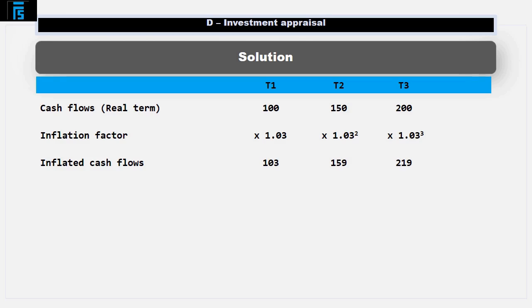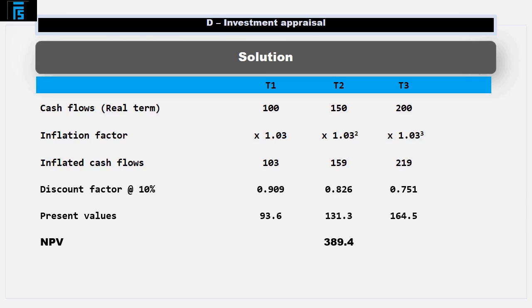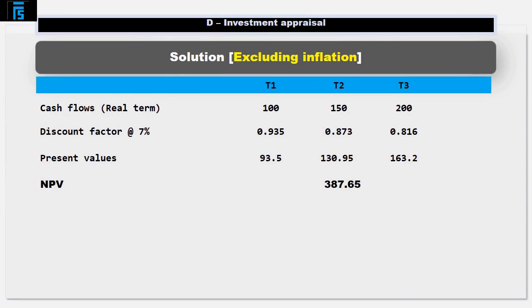10.21% is pretty close to 10%, so let's use 10%. That gets us close enough to the answer, and we can use tables. We discount the inflated cash flows at the inflated discount rate of 10% to give us our present value like this. Just to prove the answer comes out the same if we discount the uninflated cash flows at the real rate of 7%, this